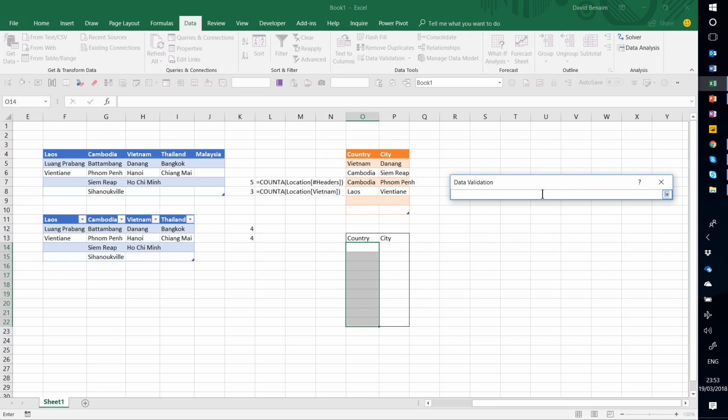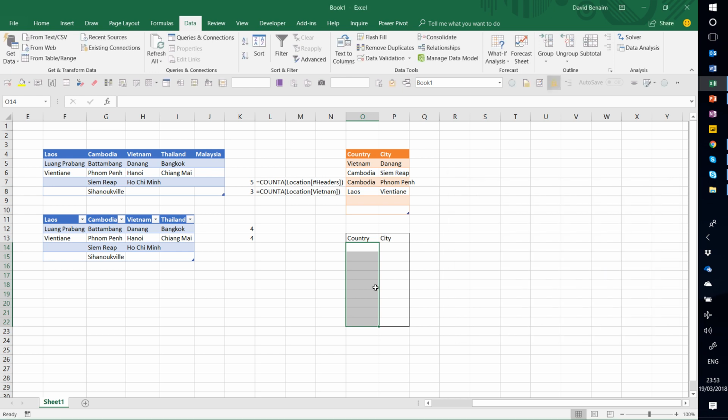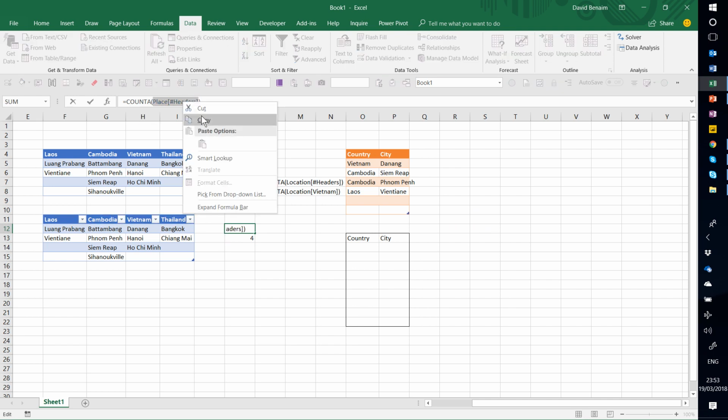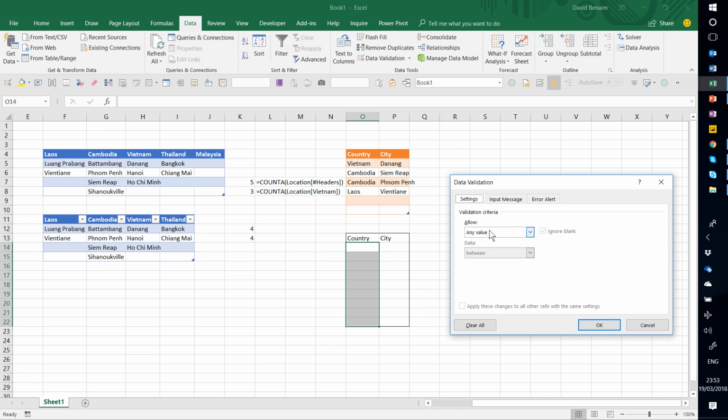Now we're not going to click on source because that's not automatically expandable, sorry. So I'm actually going to cancel out of that. I'm going to go here, and I see that the formula is referring to Place and then Headers like this. So I'm going to copy that, and then in country I'm going to go to data validation, list, and choose